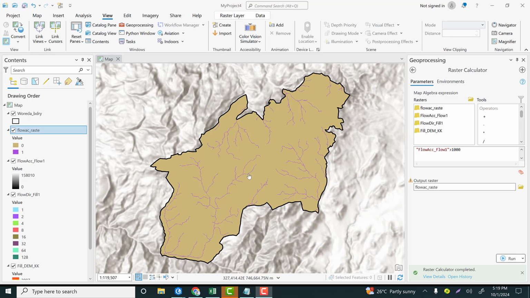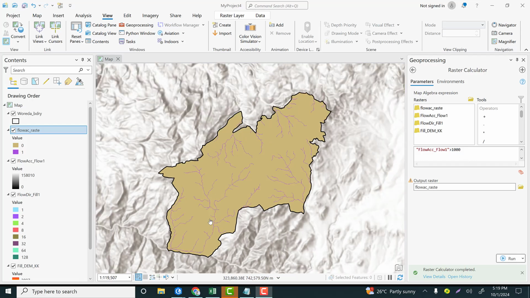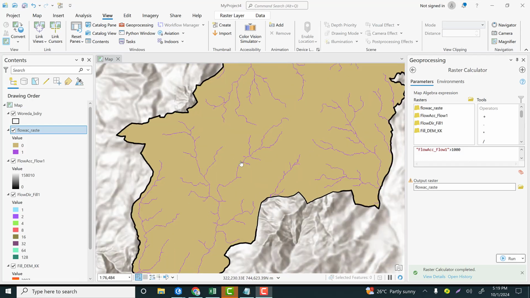On the basis of our threshold, 1 is the area which contains above 1000 and 0 is below 1000. So this map indicates that there are streamlines,